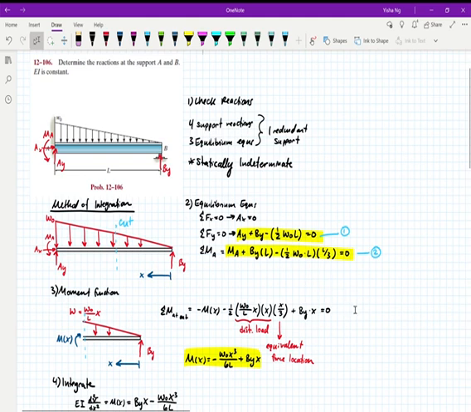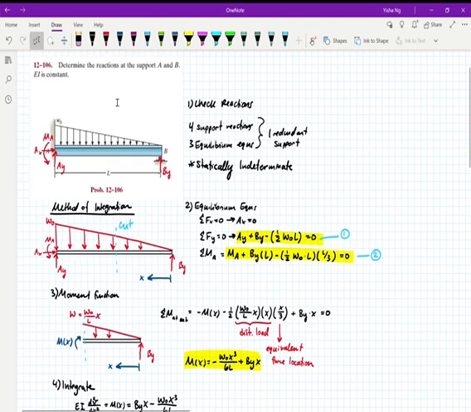I'm going to use my equilibrium equations. I know that AX is 0, and then I have these 2 equations which have a bunch of unknowns in them, but I'm going to keep them and number them because I'll need them later. Okay, so looking at this problem, I know my fixed support presents kind of a problem because it has 3